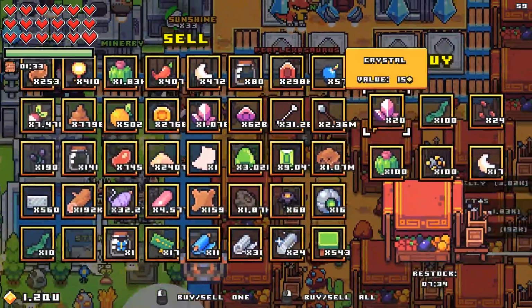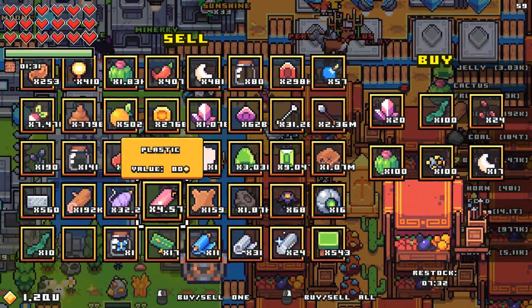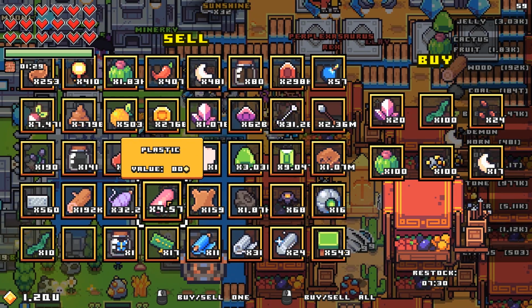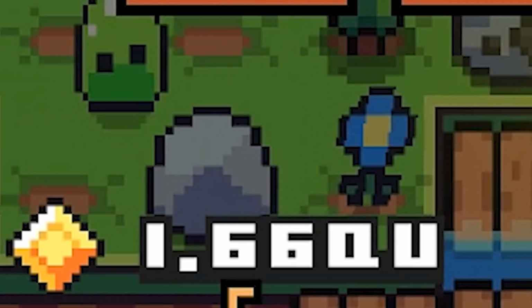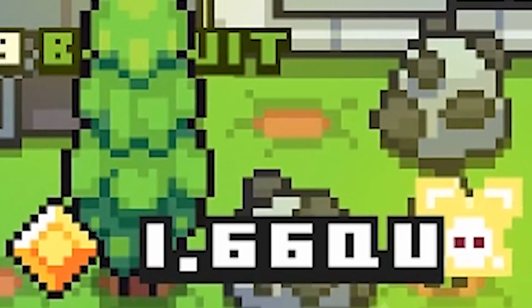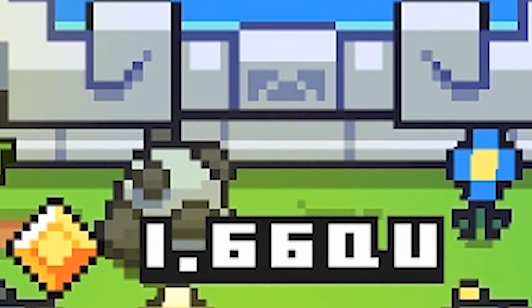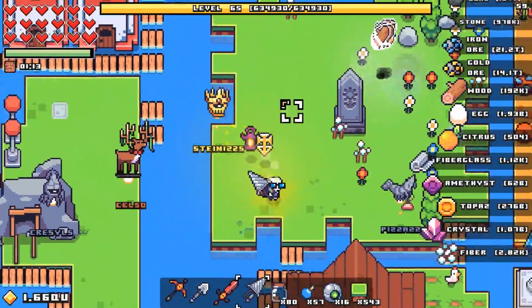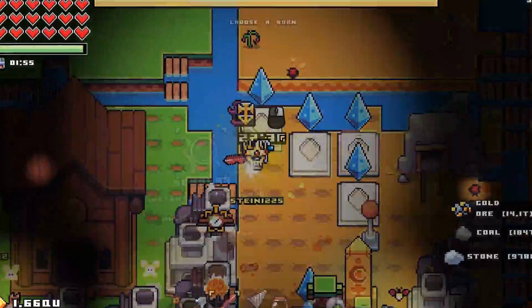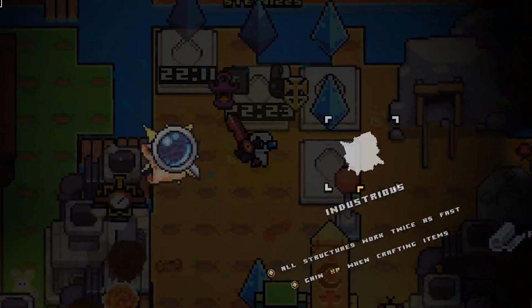And one thing I do want to take a look at before I move any further is the value of the plastic. I believe we have 4.57 trillion plastic. They're worth 80 gold each. So when we sell that, we're up to 1.66 QUs. I'm not really sure how to comprehend the math at this point, but I feel like that's a lot. And I'm thinking we're probably going to find a lot more of those QUs up here once we start actually harvesting the snow ground. I like how much quieter things are this time because I don't have a billion furnaces